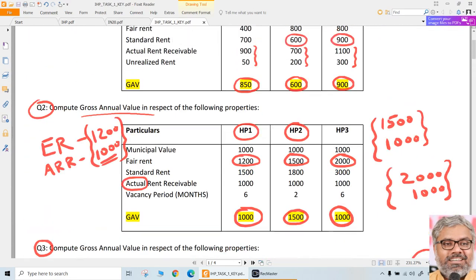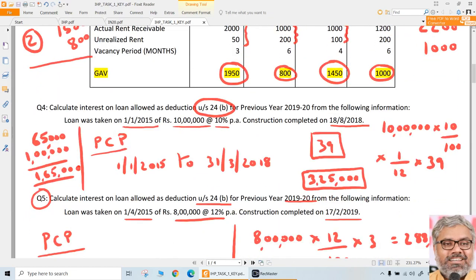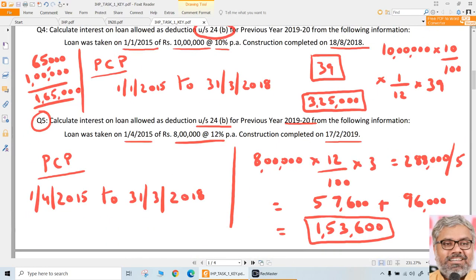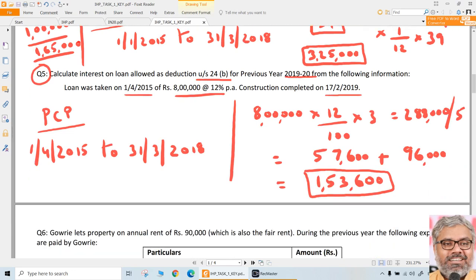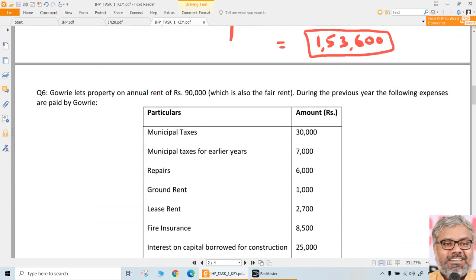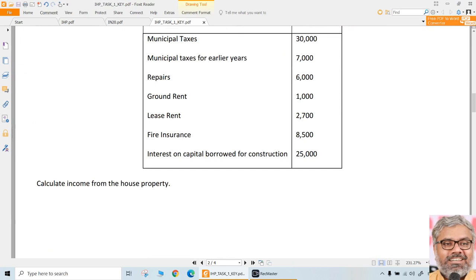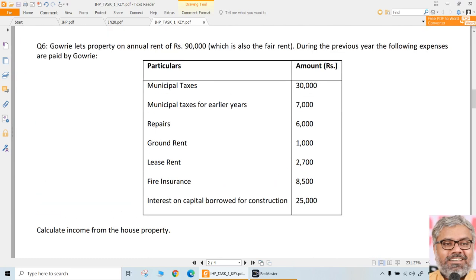So these are some of the basic questions, basically for practice. Can't expect them in exam. Of course, question number 4 and 5 can be very much asked in exam as MCQs. No problem in that. Then question number 6 is a straightforward question where we have to just compute the income